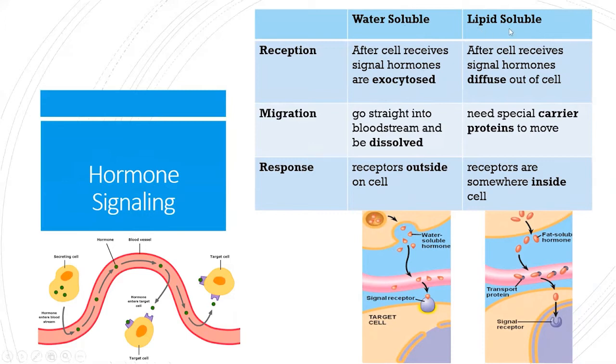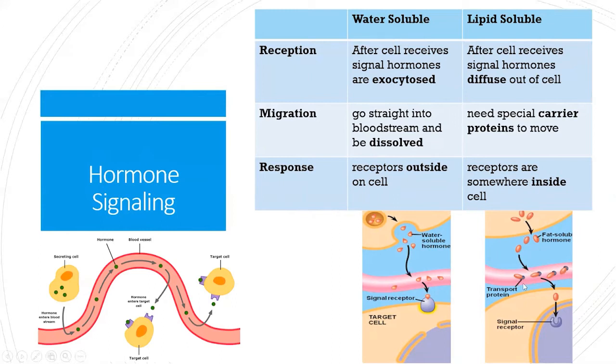Versus when you look at those lipid-soluble hormones, they can diffuse out of the cell, because remember, the membrane is nonpolar. Lipid soluble means that these are also nonpolar, so they can diffuse through freely. However, when we're talking about migration, there's a difference between the water and lipid based on how they get into your blood vessels, as well as how they're going to be able to move. So these water soluble, they can just diffuse straight in and then become dissolved with the blood and move along,